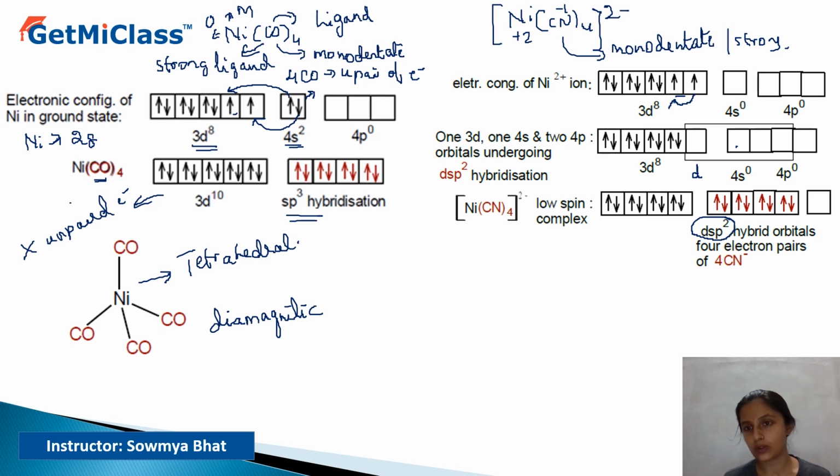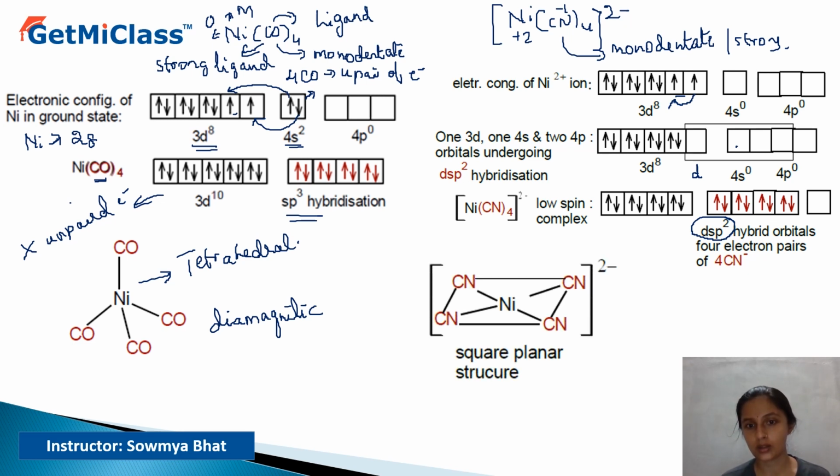So these orbitals are occupied by the electrons given by cyanide. And due to the change in hybridization, you have the square planar structure, square planar geometry, and the hybridization is dsp2. Again, if you see this, there is no unpaired electron, so it would be diamagnetic. If you consider one more complex,